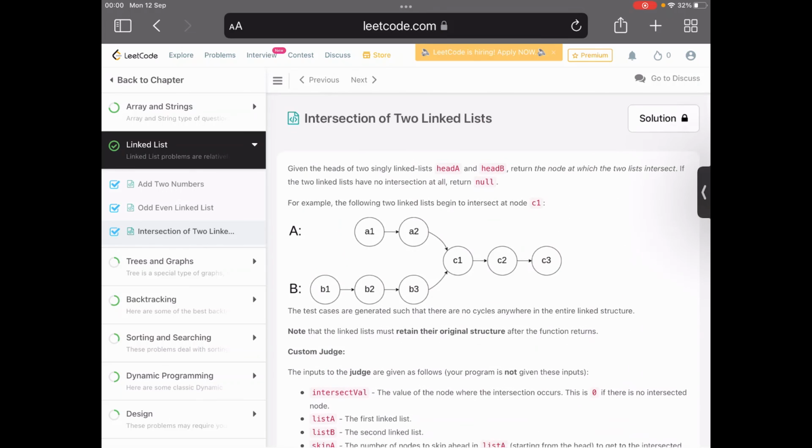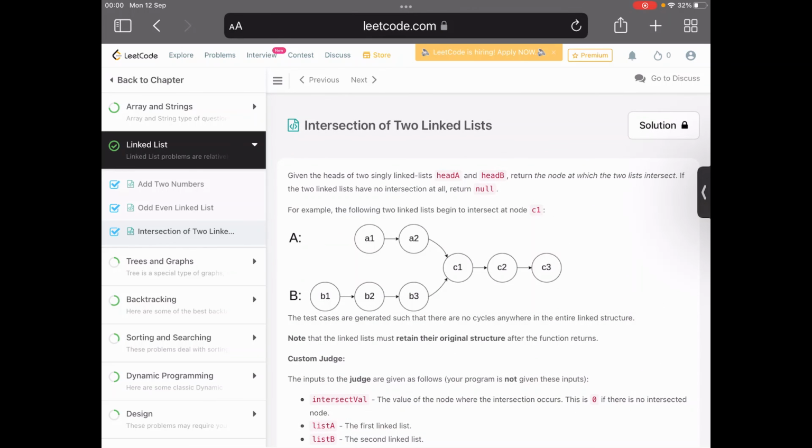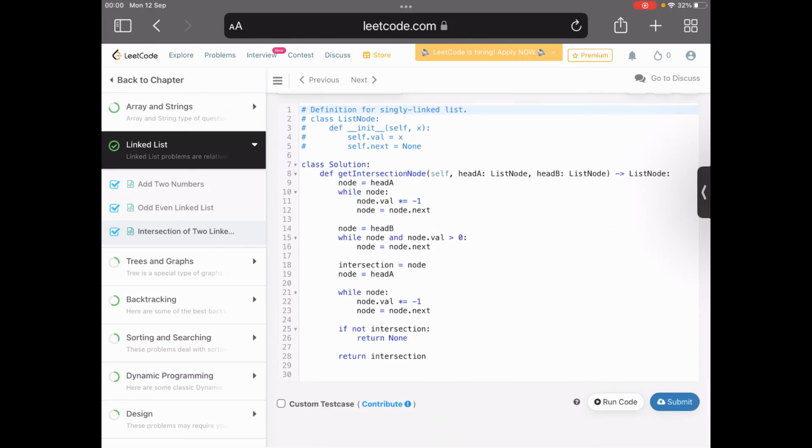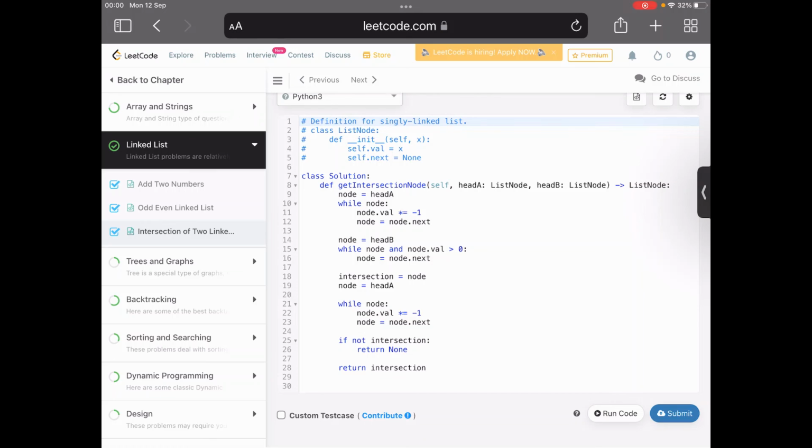For example, it would become -C1, and as we reach here, then we'd know that this is there in the linked list A. So once we have found the intersection node, now we'll traverse the linked list A again, then multiply it by -1. And if at this point the intersection is not found, then we return None. Otherwise we return the intersection. So now if we submit this,